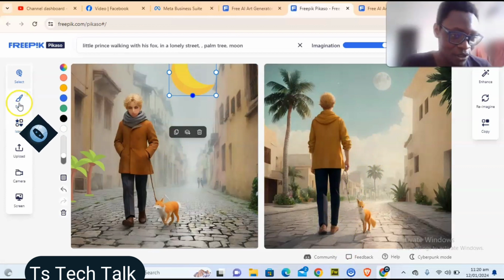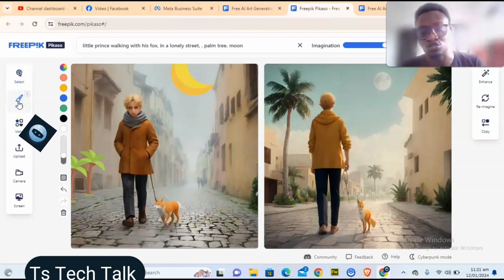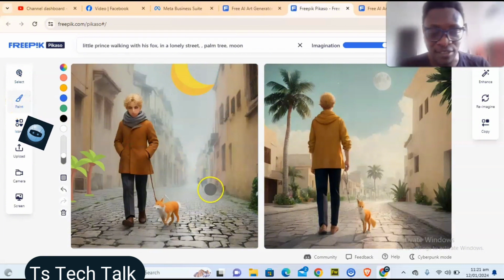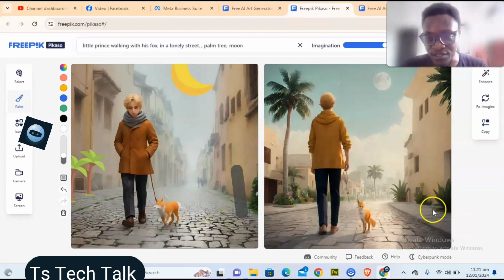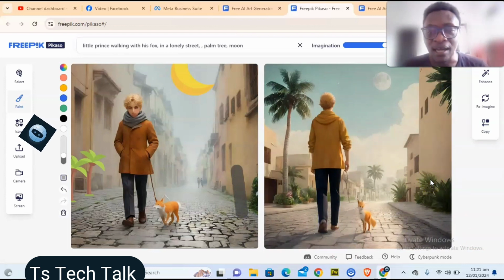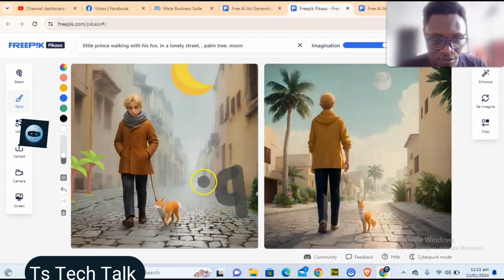And then I am not done. Now let's say we actually decide to draw. Probably we are very good at drawing. I'm good at drawing, but not really that good. So anything you draw, let's say you just do something like this, it's going to reflect right here. And everything you draw on your canvas area is going to reflect to this area. So just be careful and be sure of the artwork that you use so that you will achieve something more